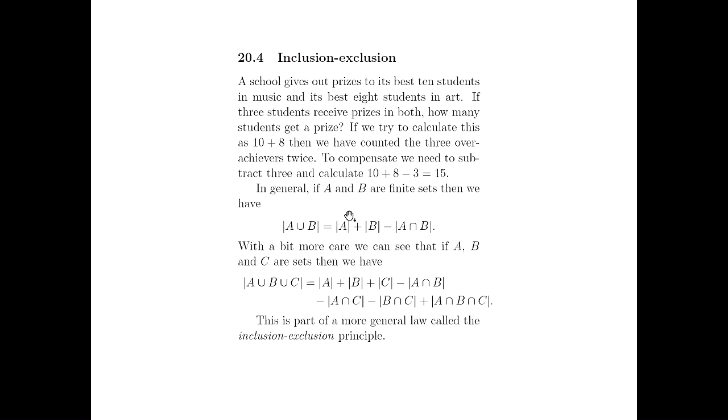And so this tells you that if you are counting the number of things in A union B, then it's only going to be size of A plus size of B if the sets are disjoint, if they have no intersection. Otherwise, you have to remember to subtract away the things you've counted twice, which are exactly the things in both, right? And there's a more complicated version for 3, but let's talk about why that works.